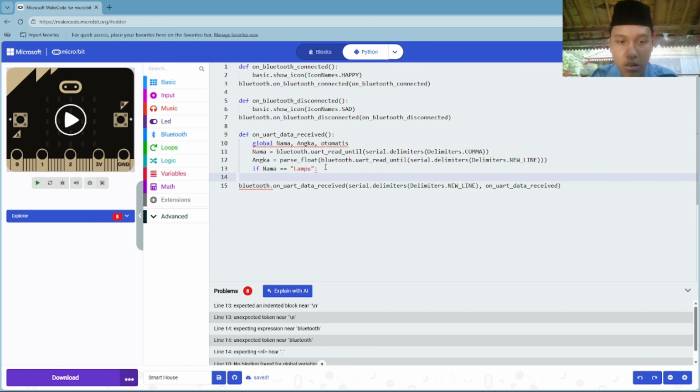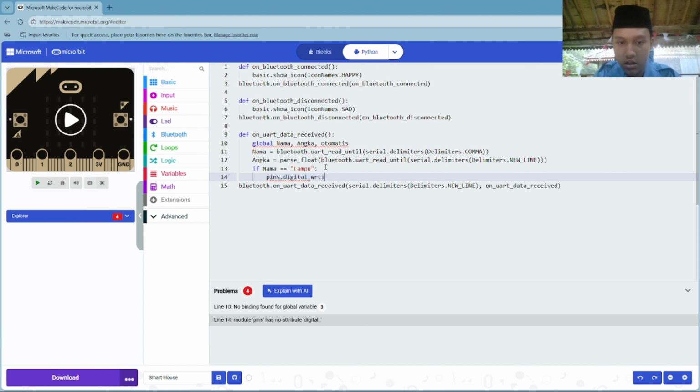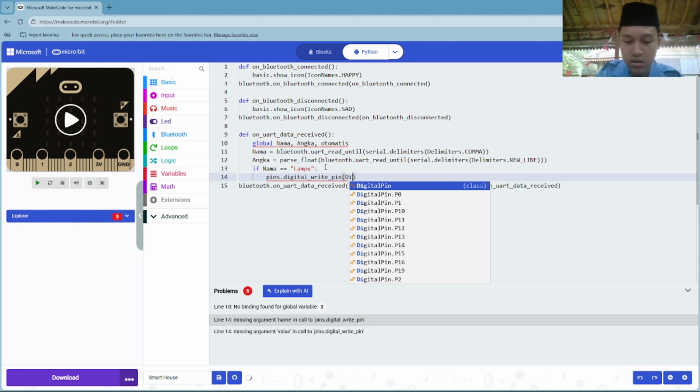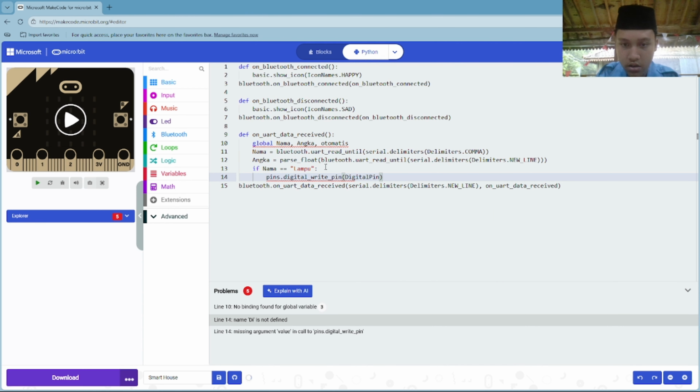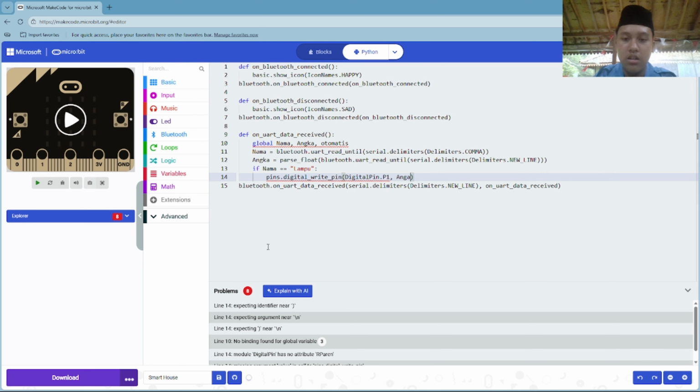And then the field of this one is pins digital write pin, close bracket, digital pin, and the pin is pin 1, yeah, pin 1, and then comma, and then there's angka.